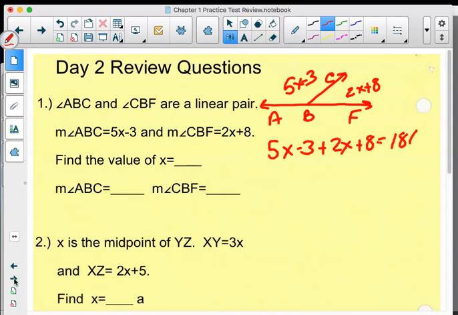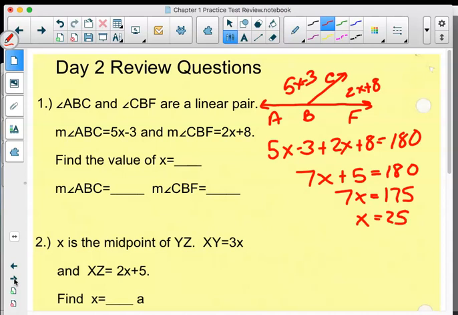equal 180. So now I combine like terms. Subtract 5 from both sides, and I got 7x equals 175. Dividing by 7, x is 25. So I know x is 25. In order for me to find the remaining values, I just plop them in. So I know 25 goes in there. 25,